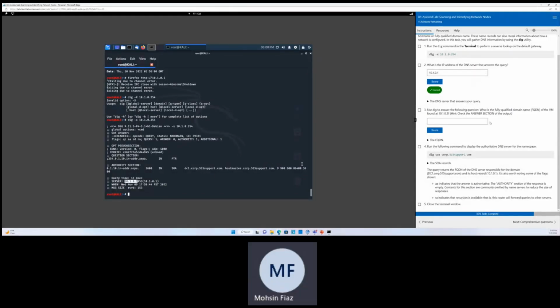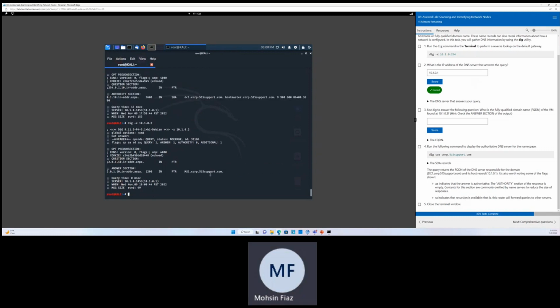Use dig to answer the following. Which fully qualified domain name? So it says use dig to answer the fully qualified domain name for the number 2, which means .2. Hit enter, and it will give you MS1, the fully qualified domain name, and you can come in here. I already got it before, and MS1 has to be case sensitive, .corp515support.com,